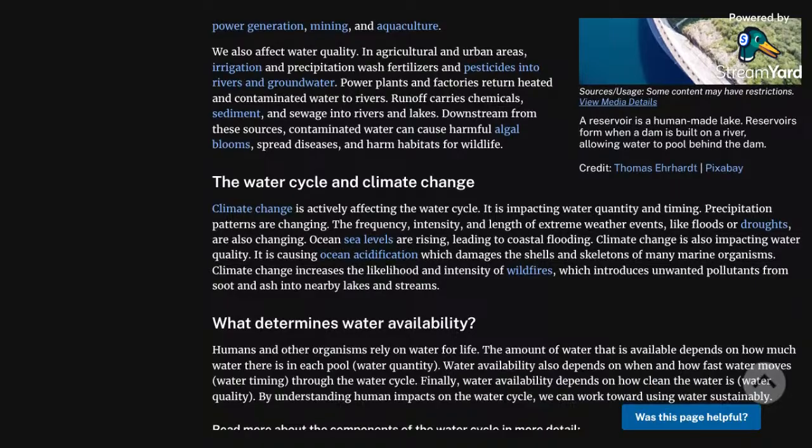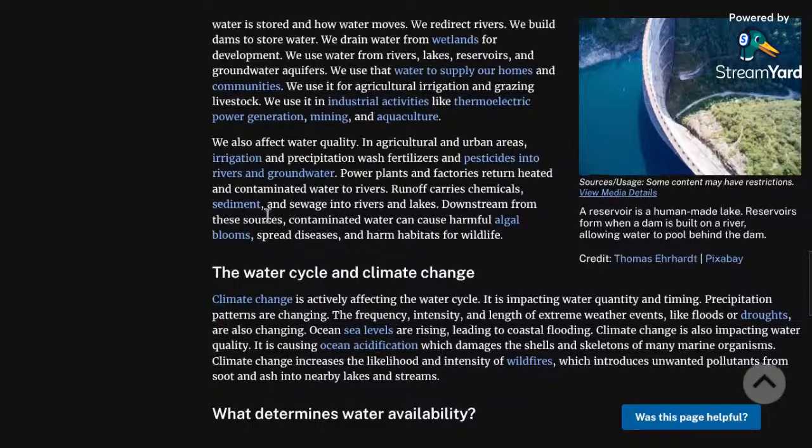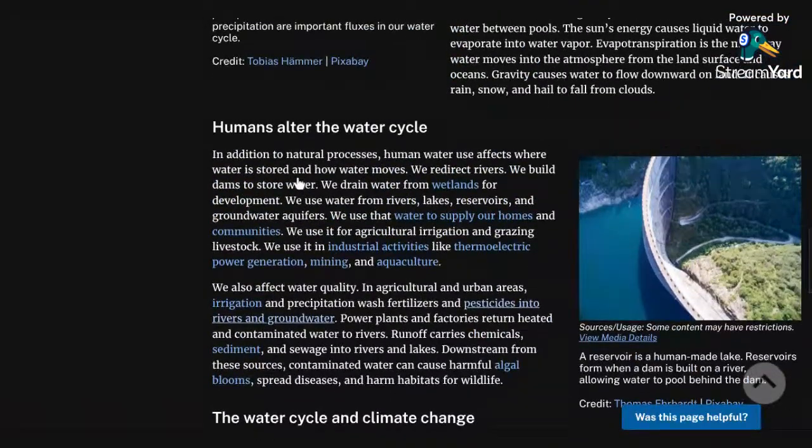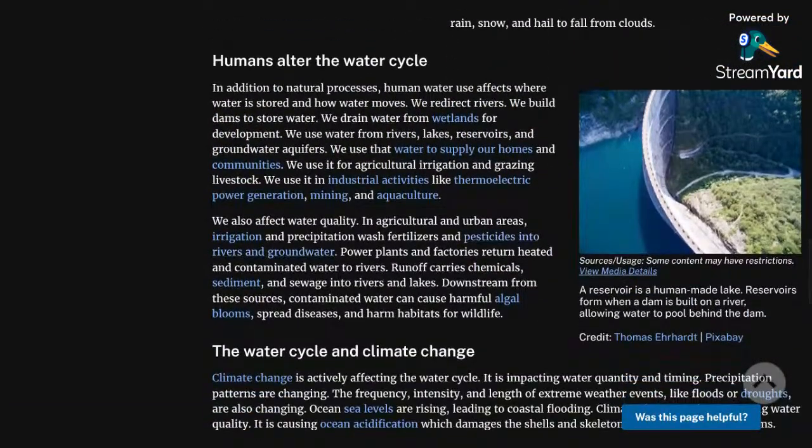The water cycle and climate change. But there's no pissing? I guess that's waste. But like, how does the waste? Wait, I'm so surprised they didn't bring up pissing.